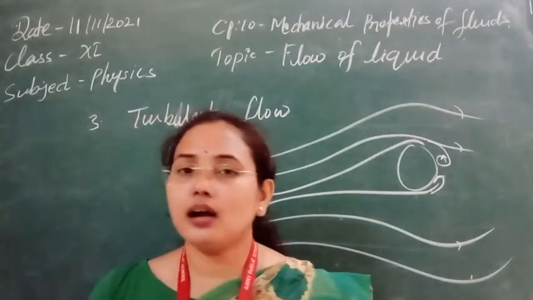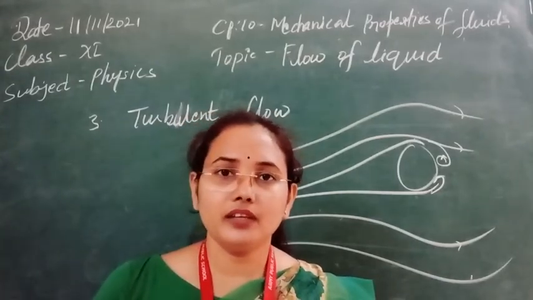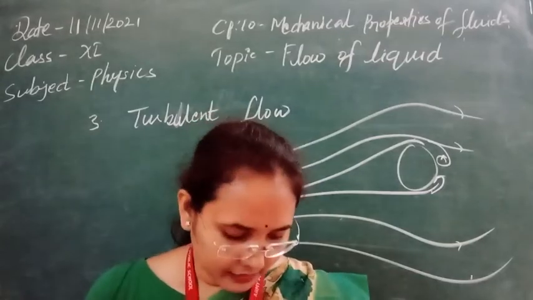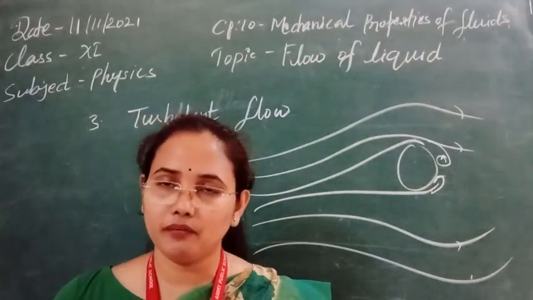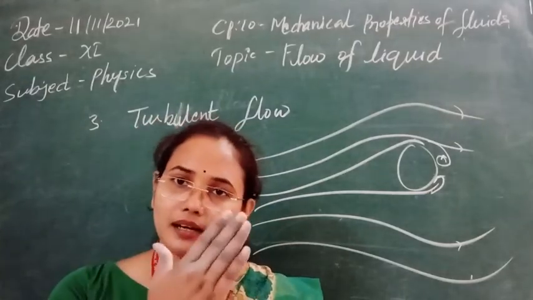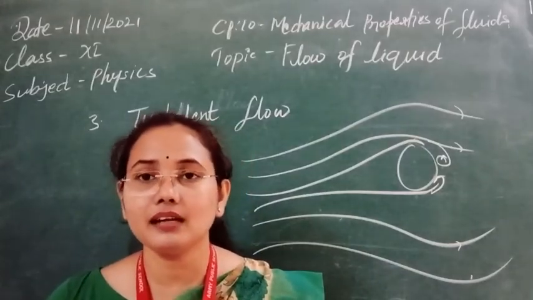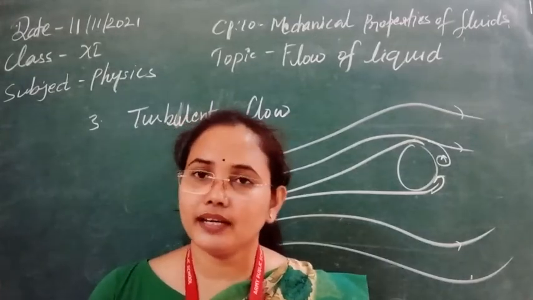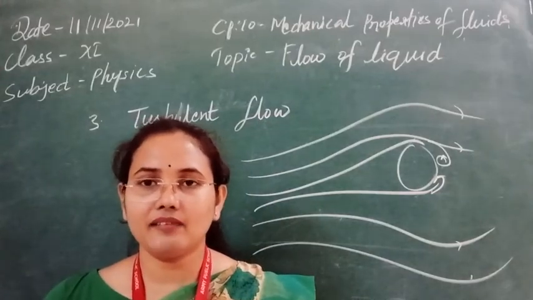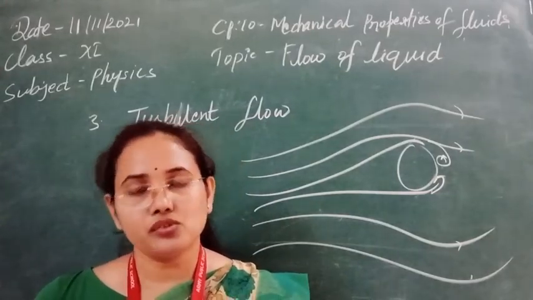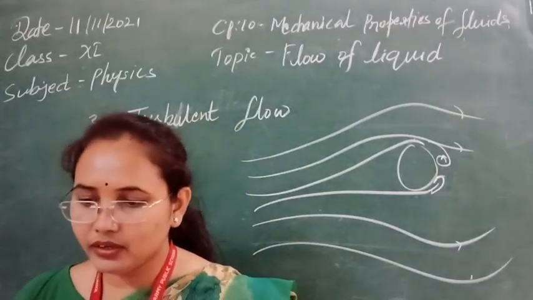So in the next class, students, first we will see the concept of critical velocity, because whenever we discuss the flow of liquid, this topic continually arises, that is, the concept of turbulent flow or streamline flow and the limitation, which is the critical velocity. So what is critical velocity, how can we measure it, how can we understand it, how can we calculate it, that we will discuss in the next class. For this class, the things we have discussed are, I think, all clear to you. So if this is all clear, then for today I think we can end our class here.